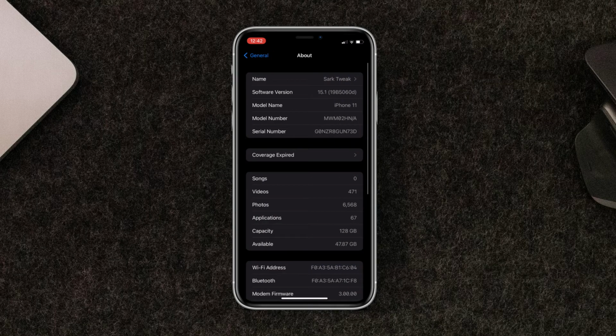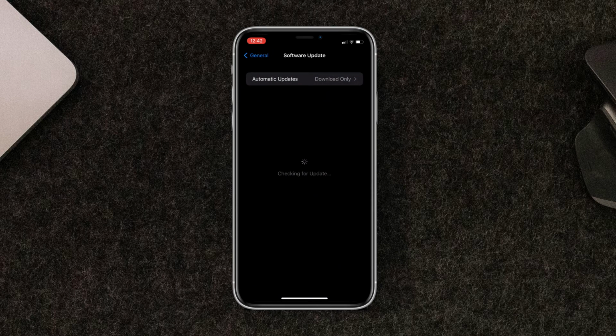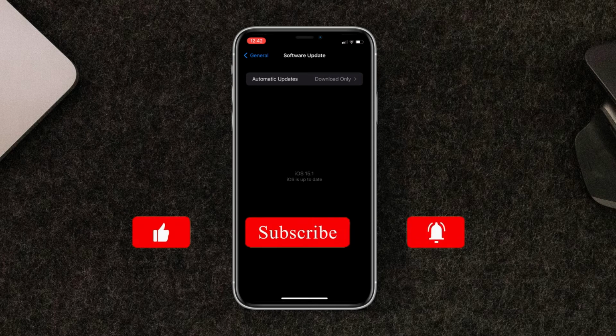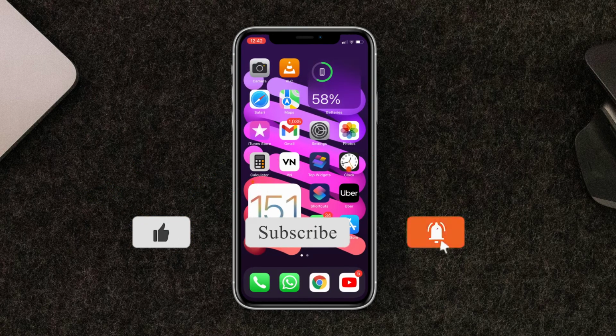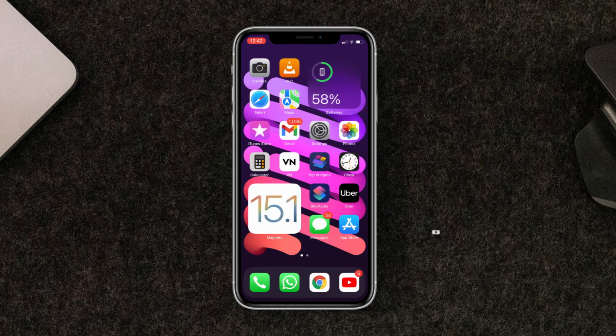I haven't noticed any additional new bugs within iOS 15.1 Beta 3. I will do a follow-up video and talk about more new features, battery performance or additional changes within the next couple of days. And we can expect iOS 15.1 Beta 4 on 12th October, as Apple is on a 1 week cycle.